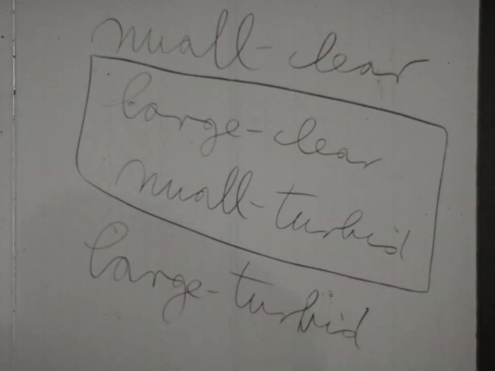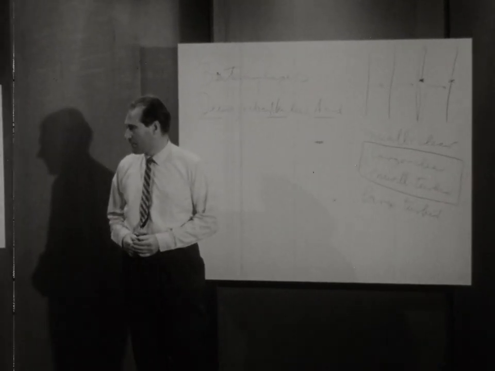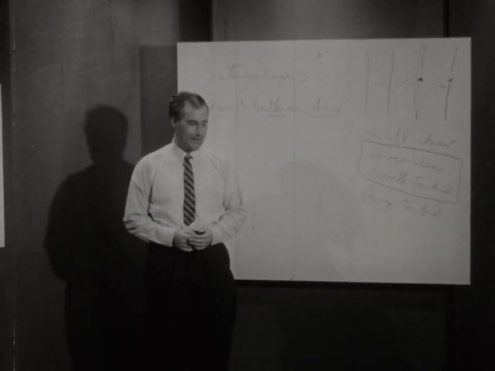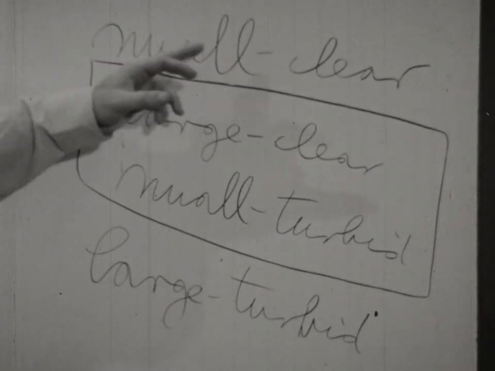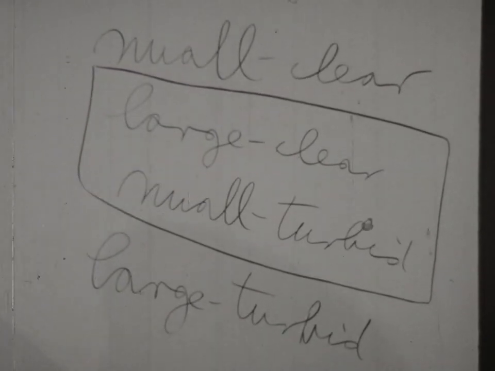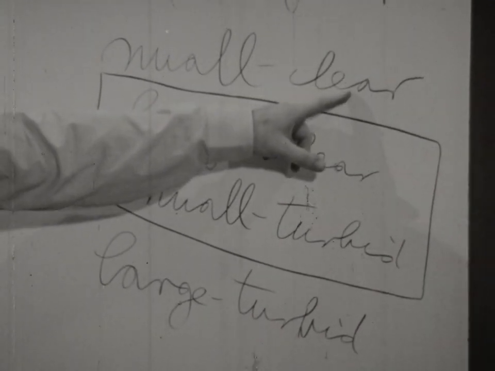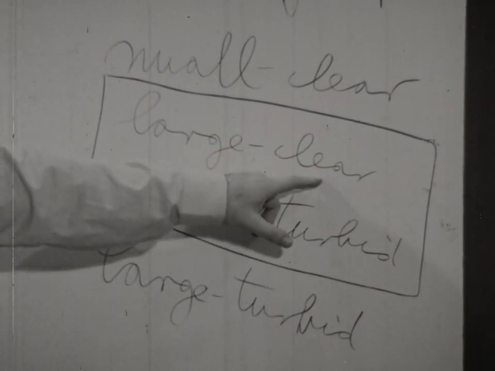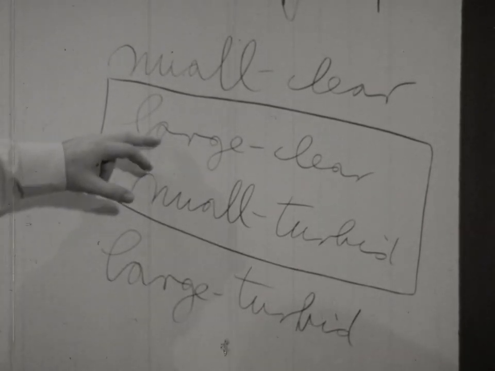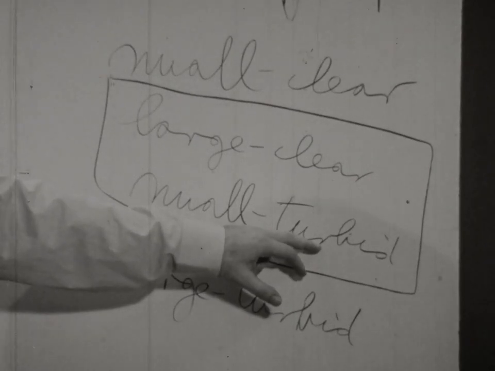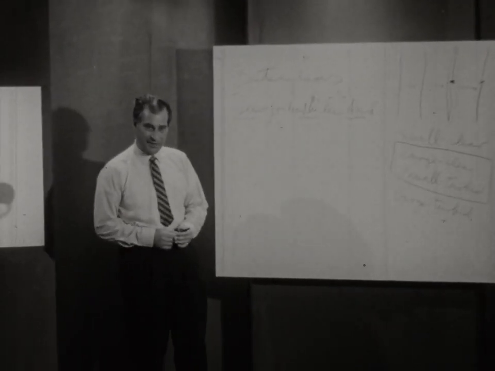Now these two types, the small and clear and the large and turbid, which have appeared among the offspring of this cross, must represent genetic recombinants. For instance, the small clear type must have derived its small character from this parent, and it must have derived its clear character from this parent. Similarly, the large turbid one must have obtained the large character from this parent and the turbid character from this parent. Now, how do these genetic recombinants arise in the process of intracellular virus growth?